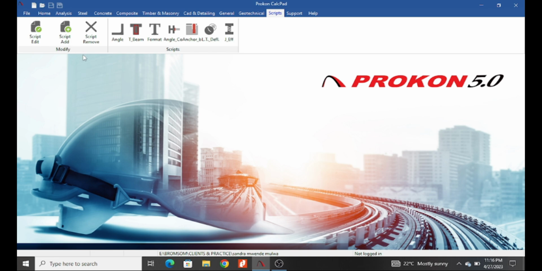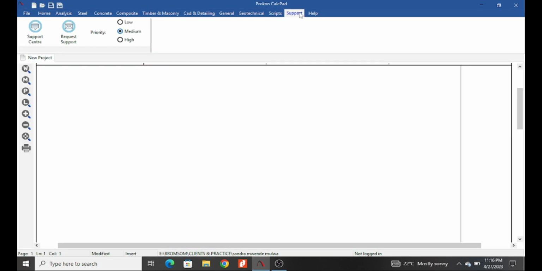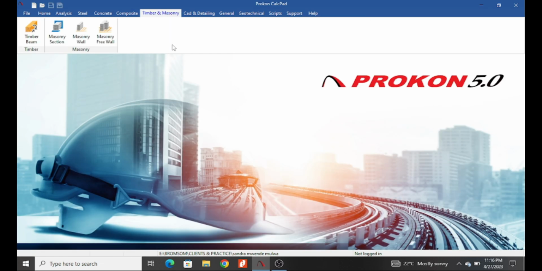And you can actually add, edit, or remove any script from here. And if you need any support, you could get it from here. You can request or message the support center and they can help you. And then, of course, in help, you're going to get the latest revisions and help about the software.